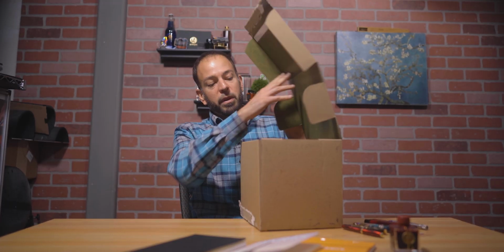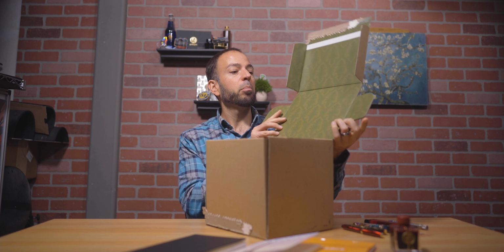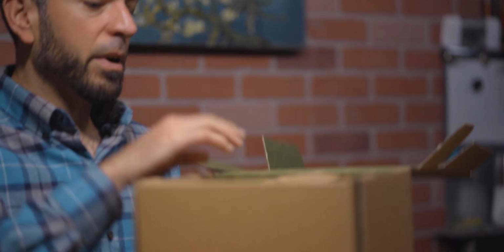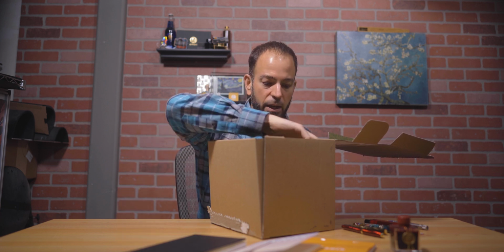All right, so first of all, I think a lot of people, if anybody's bought a notebook before, are used to seeing what a notebook usually might be packaged in. And this came as a bit of a surprise when this particular type of package showed up on the doorstep. Let's open this up here. So you can see this is not just any generic plain box. They've got a printed sort of floral motif on the inside. Very nice. We've got some paper which we'll discard here, and